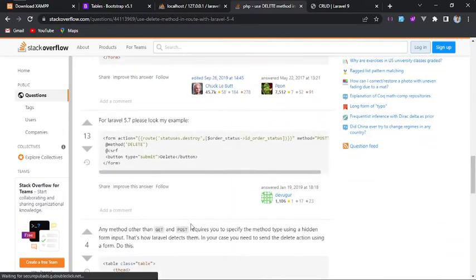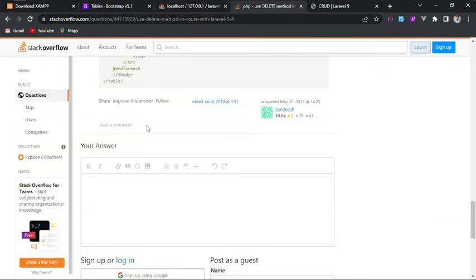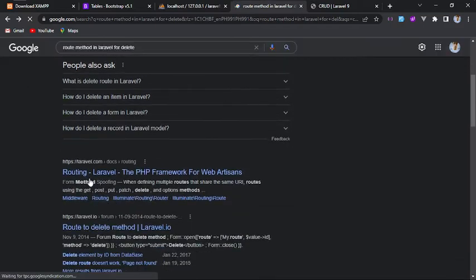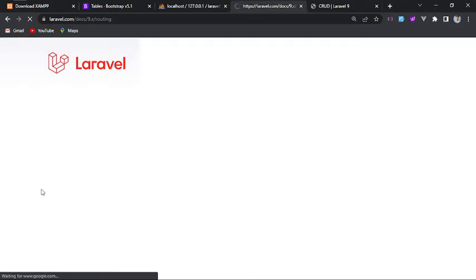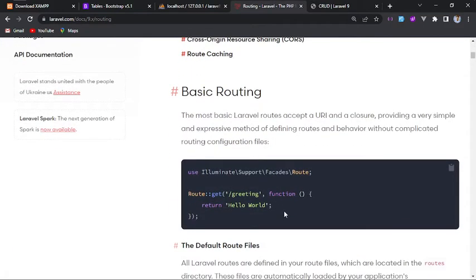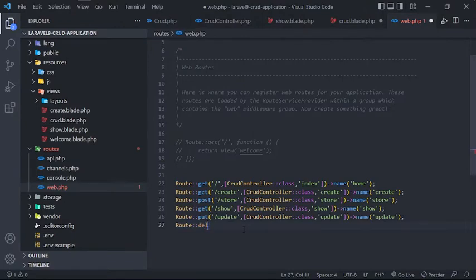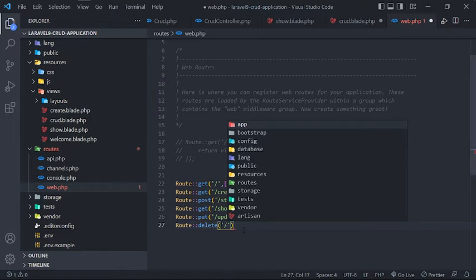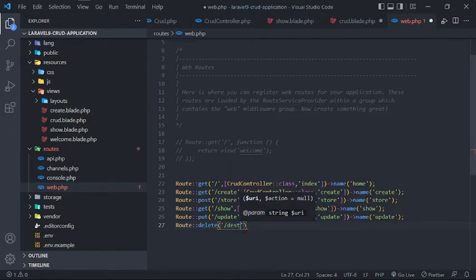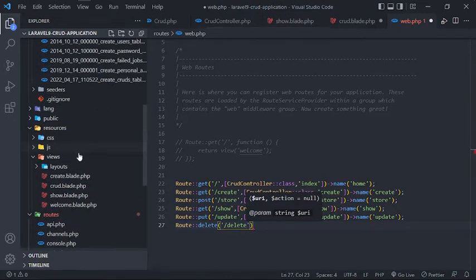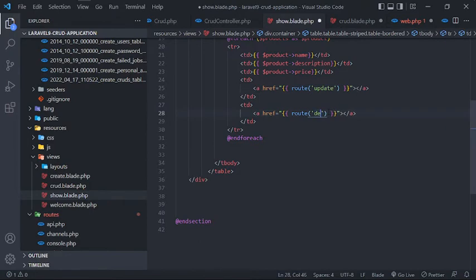Route. I think route get delete, and this will be, what did I name it? Destroy. Delete. I think I made a mistake, and let's move it in here, show, and we're going to get delete,